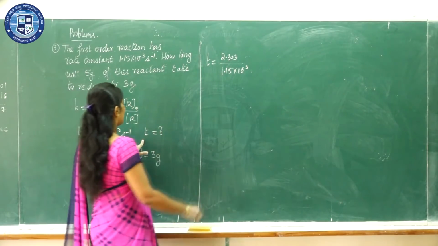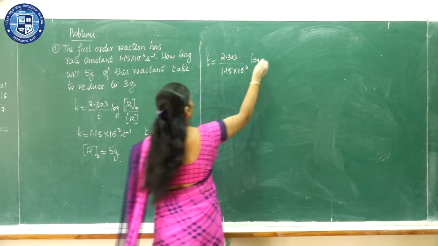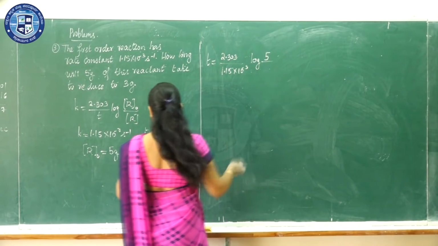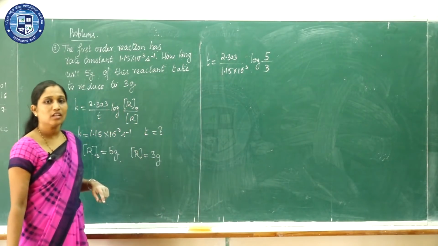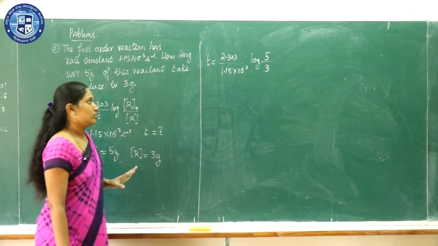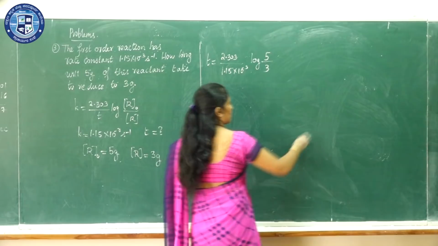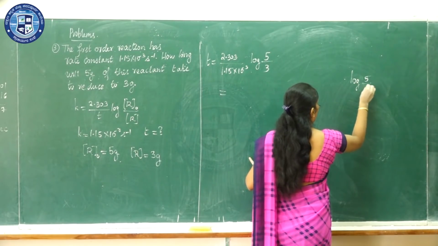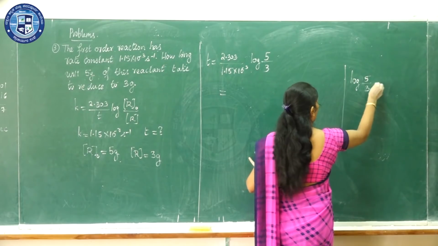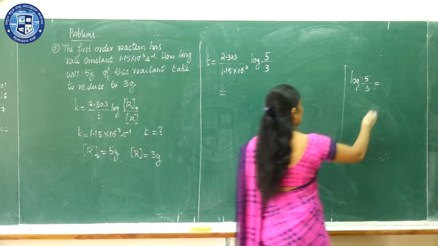Then what else is given? Log R naught. What is R naught? It is 5. And what is log R? It is 3. So here you have to find the log. Okay, so we will do that. First we will see what is log 5 by 3. You can do it in many ways. When you do the simplification, you will get it as